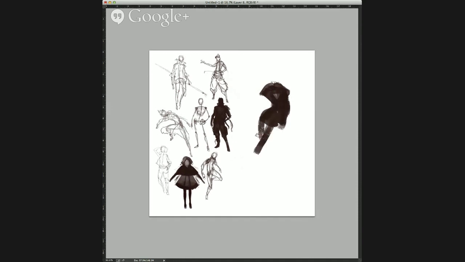So I usually don't do very busty women, and I think it's mostly because I find that since most artists tend to do it, I tend to avoid it, and I actually try to do more smaller-breasted girls, just because I think we need more of them in